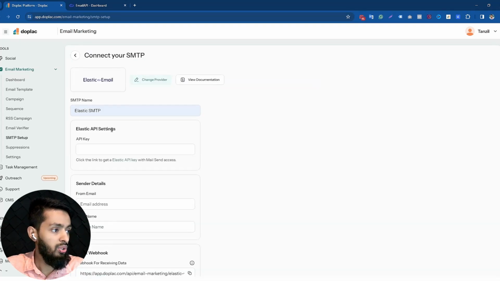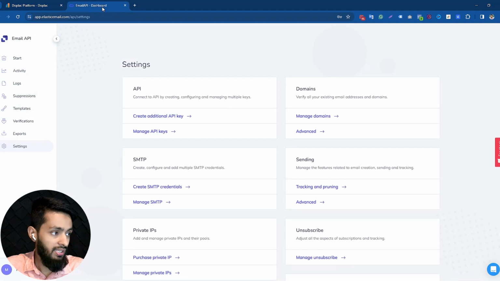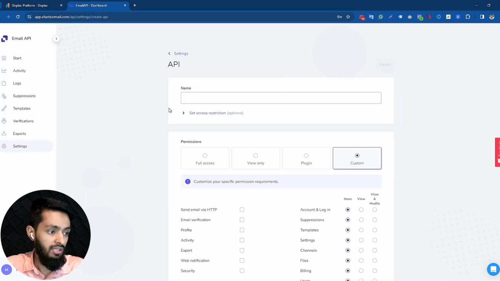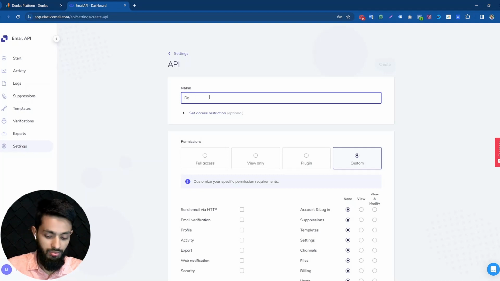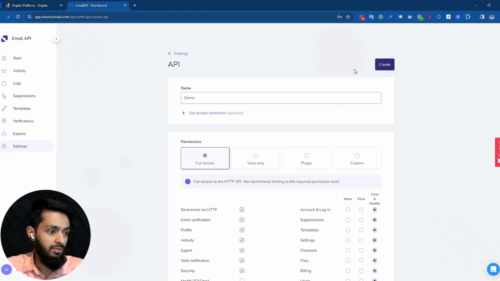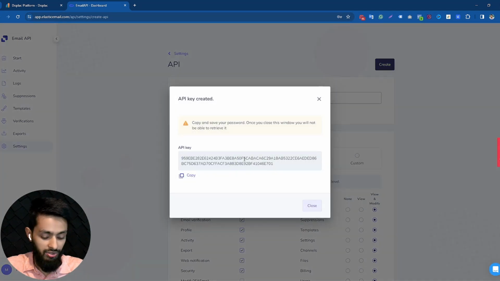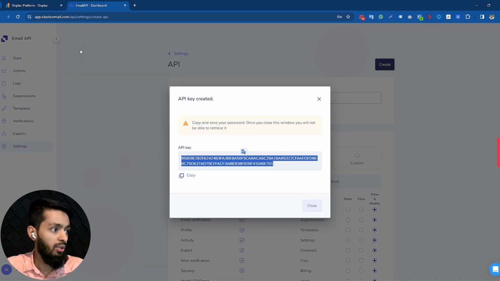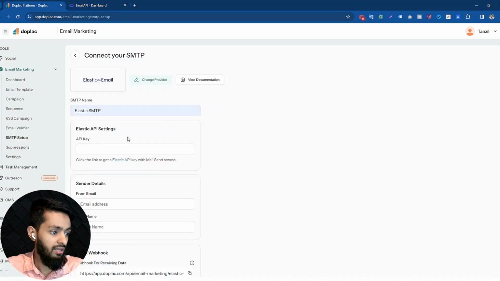Okay. Go to your Elastic Email account, click on Settings, click on Create Additional API Key, and give your API key a name. I'm giving it Demo. Okay, I'm giving my API key full access. Click on Create. And here it is, my API key is ready. I'm just going to copy the API key, go to your Doplac account, and here it is, paste your API